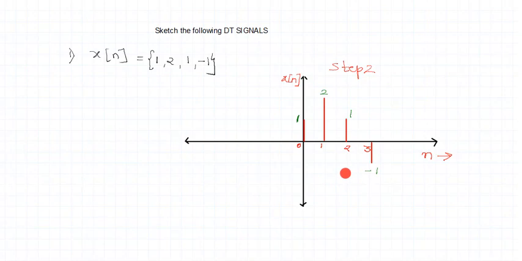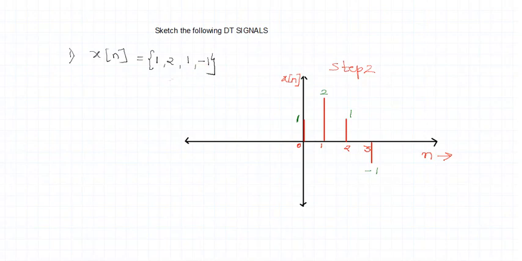So Xn has 4 samples and these samples are having these magnitudes. What is given here are the magnitudes. Try to understand, these are not time instants. These are the magnitudes of the signal which are to be plotted here. The time instant is hidden. Always the time instants begin at 0. So this sample appears at 0, this sample appears at 1, this sample appears at 2, this sample appears at 3.